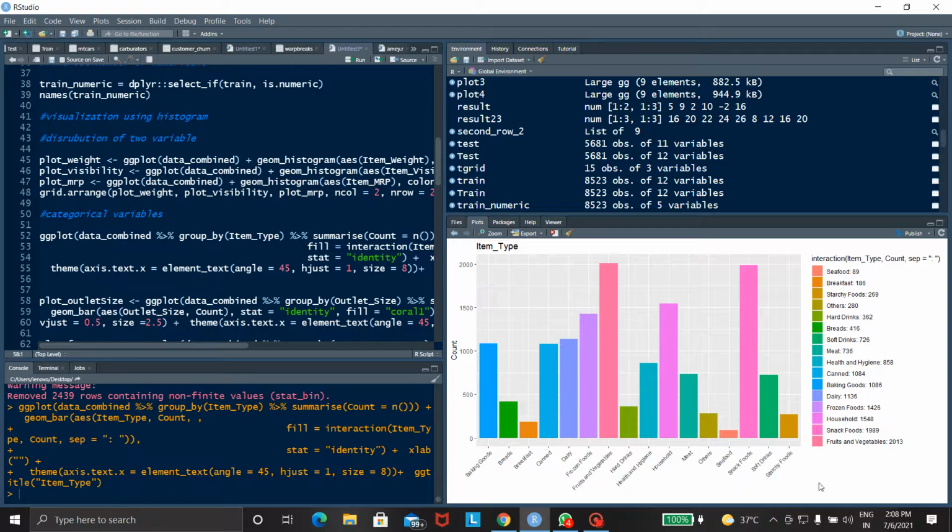Here are many items like baking goods, breads, breakfast, canned, dairy, frozen food, fruit and vegetables, hard drinks, etc. And here the different colors mention the different types of food.